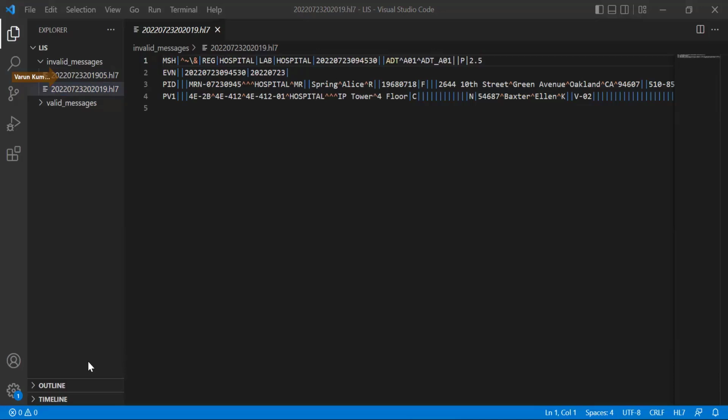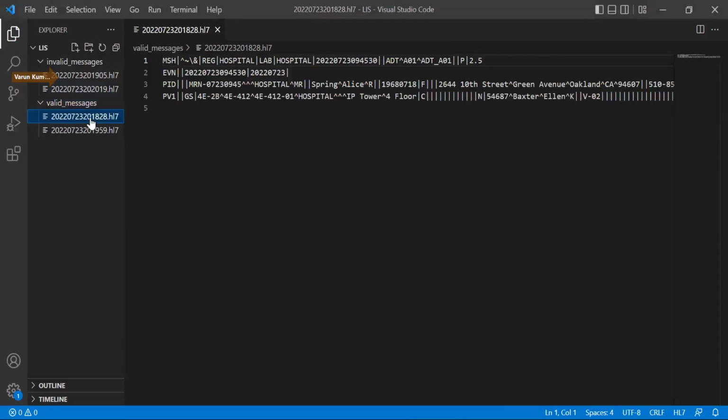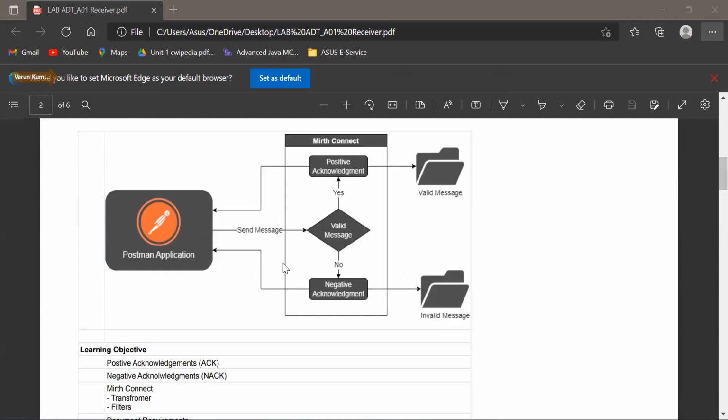Now click on valid messages. Yeah, select that. Now, this is a complete, valid message. Open up the PDF file. Whatever I had shared. I shared that PDF file. Yeah, this is the place. Do you understand this design now?